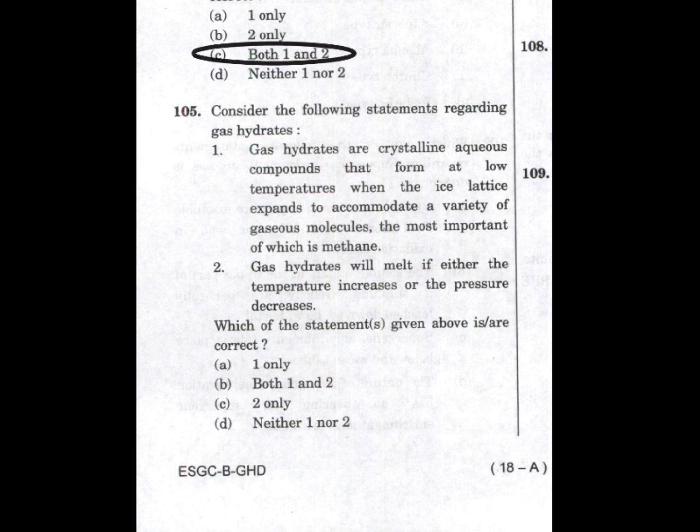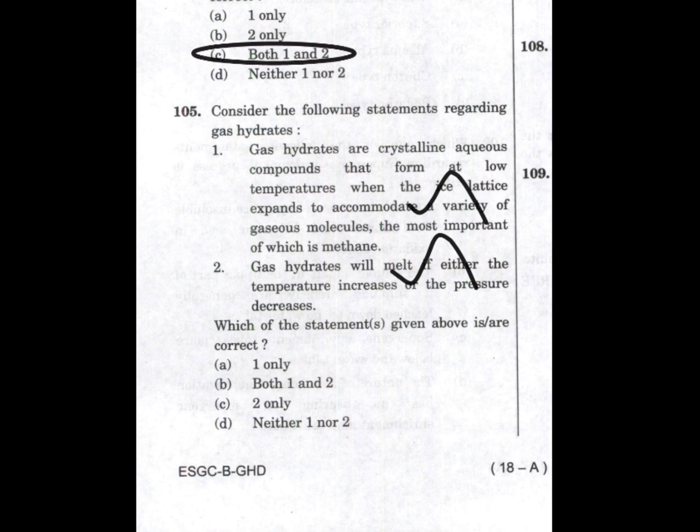Gas hydrates are crystalline aqueous compounds that form at low temperature when ice lattice expands to accommodate a variety of gas molecules, most important of which is methane. Yes, this statement is correct. We also know that gas hydrates include methane hydrate formed under low temperature and high pressure. They consist of a crystalline structure of water molecules that enclose gaseous molecules, primarily methane. Second statement: gas hydrate will melt if either temperature increases or pressure decreases. Yes, this statement is also correct. Gas hydrates are stable under specific conditions, low temperature and high pressure. If the temperature increases or the pressure decreases, the gas hydrate will dissociate, releasing the trapped gas molecules and melting